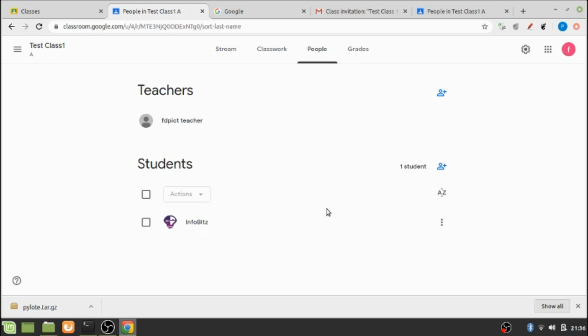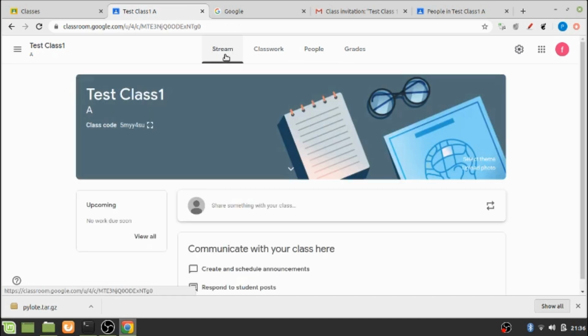Another way of adding students is by sharing the class code. And what is that class code? Let me go back to the main home page of my classroom again. When I created this classroom, on the cover photo itself, there was a display for the name of my class, that was TASTE class 1, and a section name was also displayed, and beneath that was a class code which was automatically generated for my classroom.